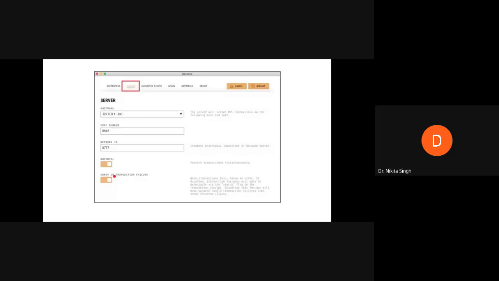That kind of errors you will get. But if you disable it, Ganache will handle transaction failures on its own level. It will give you a flag that something wrong has happened, but you will not be able to see what has gone wrong with the transaction.